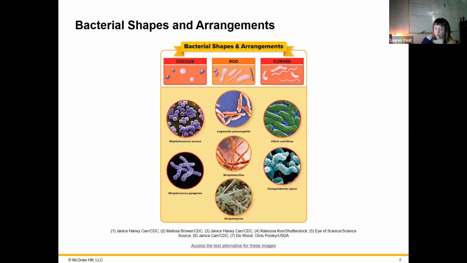And again, a lot of us might be used to hearing about a bacterial cell being a rod shape, just thinking of that typical rod kind of pill shape. But you can see here that there's a lot of variation within that. It could have a little bit of wiggliness or squiggliness associated with it. Coccus is just referring to general roundness in shape. It doesn't have to be